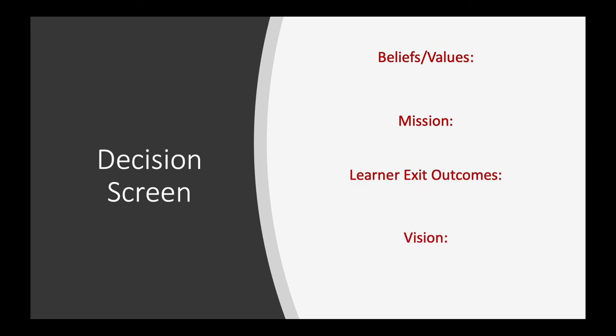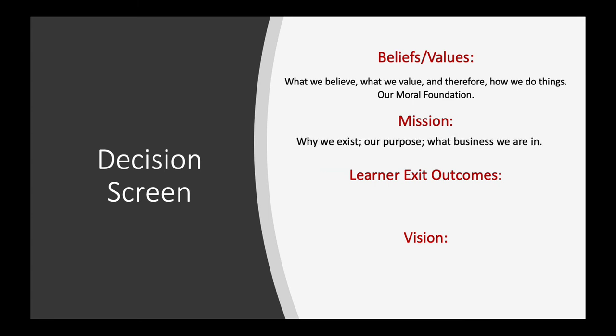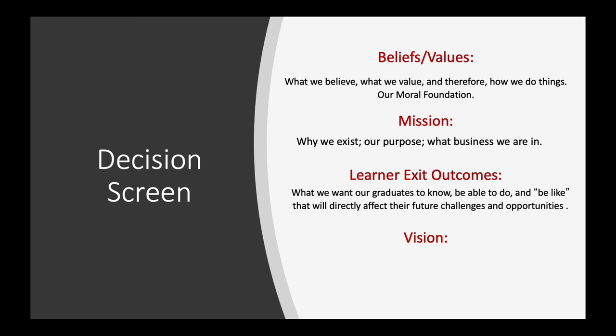The Direction Setters is a powerful decision screen. When making difficult decisions, reference this screen. Ask yourself, is this a part of our belief structure? Is it aligned with our core values? Will this decision support our mission and vision, and will it lead to the desired exit outcomes? To arrive at the MCL vision, leaders must manage the change process to prevent overloading the system, but continue to make decisions that align with the principles listed here.